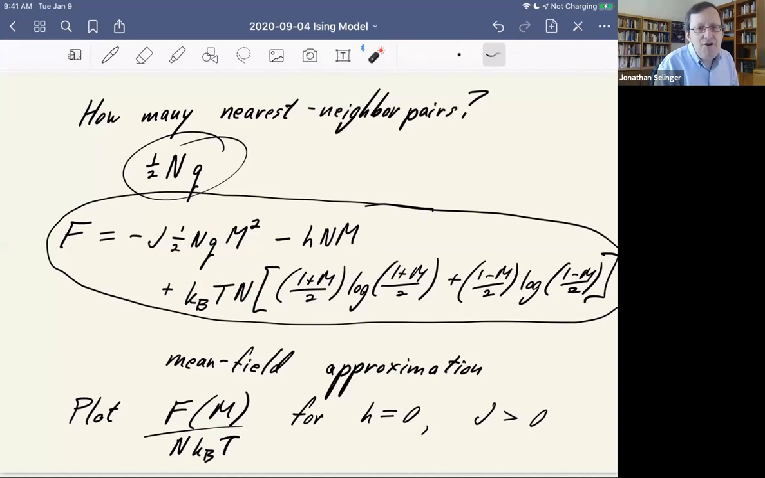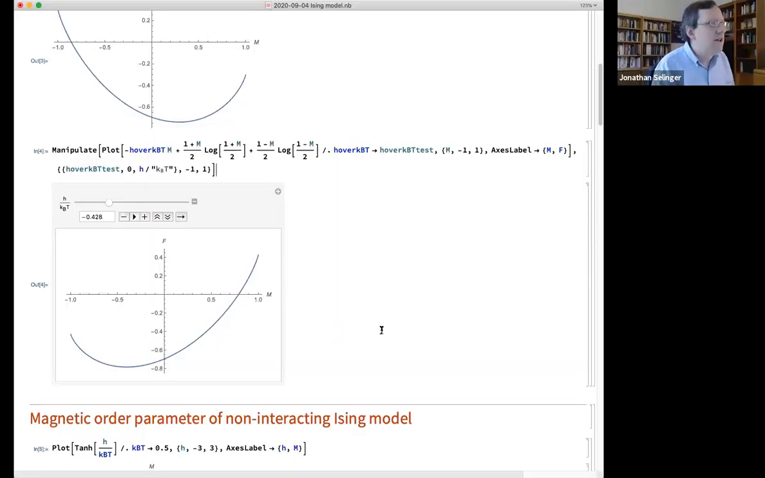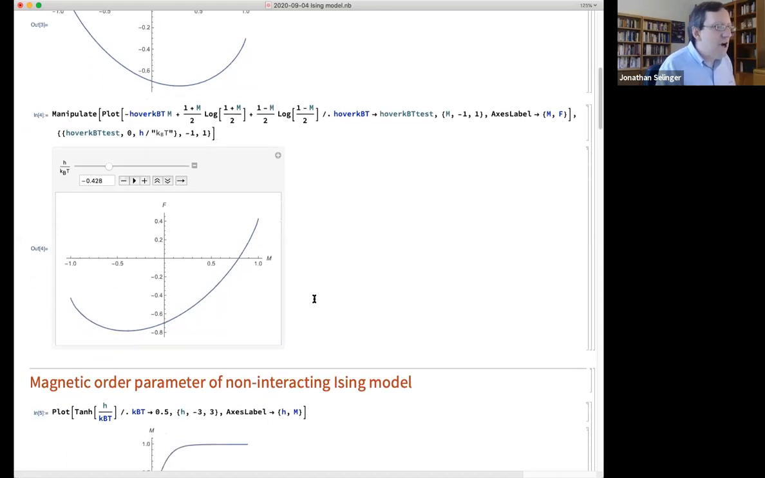All right, so I'm going to turn off my whiteboard and turn on the Mathematica. How do I do that? Stop share, all right, and then share Mathematica. Okay, you guys see that? Good. All right, so